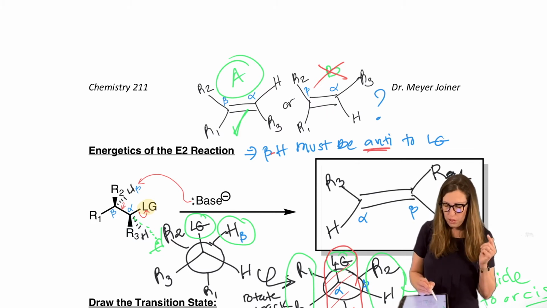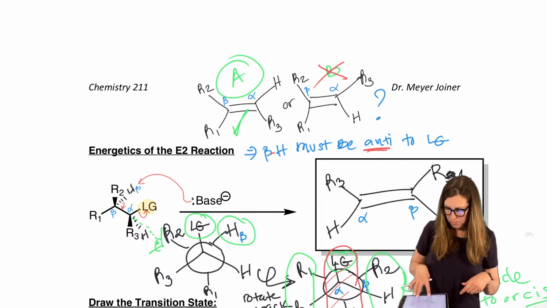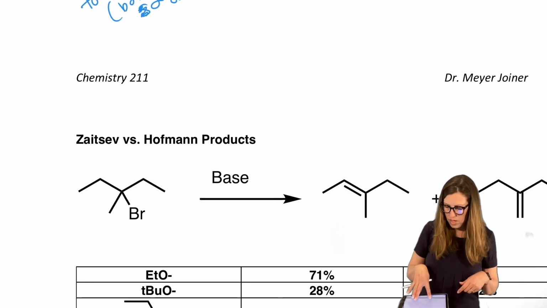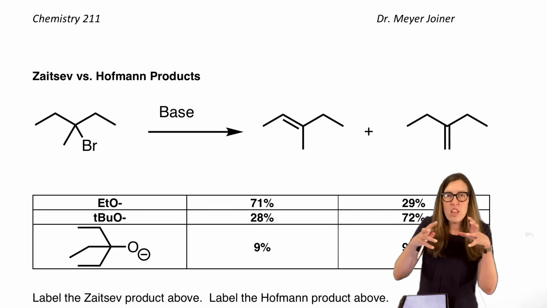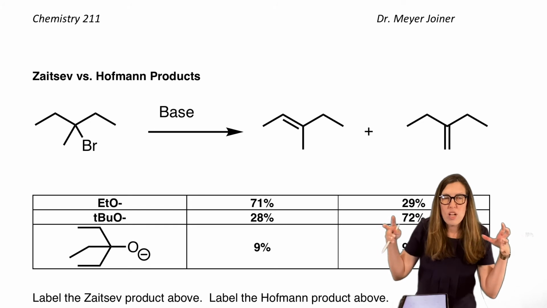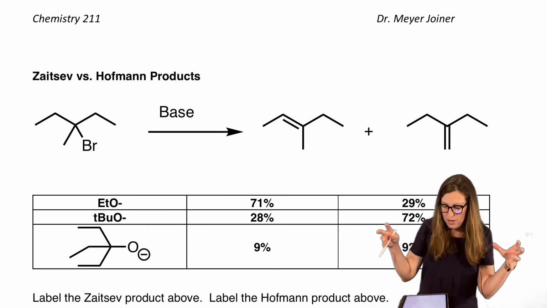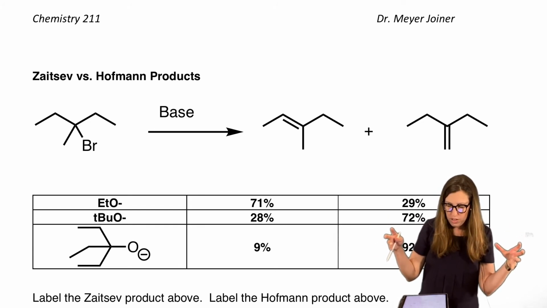So when do we see that? When the beta H has only one of them, and so we have to rotate it into position if it's not already in position. Other considerations as we look at larger molecules. So let's expand what R is. What else can be around us? So look at this scenario, for example.